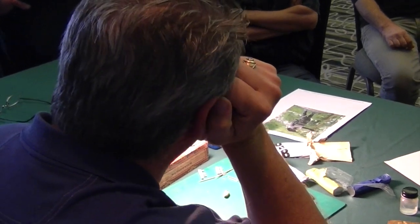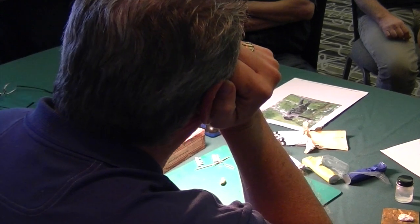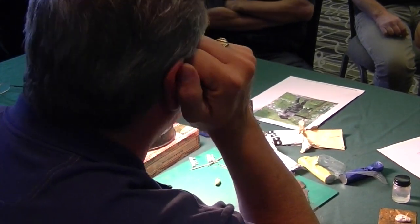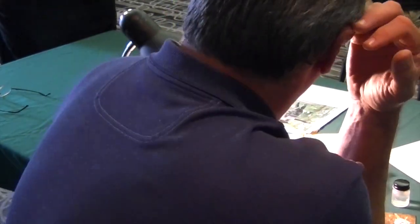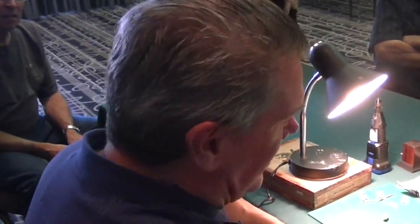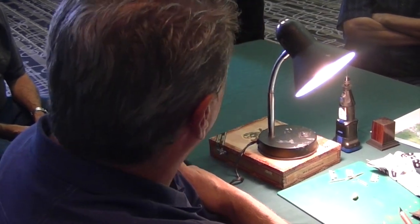And he said, yeah, because how else can I know how the wrinkles are? And he said, well, you've got to do that too with your models, don't you? And I said, no, I don't. I could try to get my wife and daughters to dress up in Civil War clothes, but I don't. I think they might do it once out of amusement, but after that, they'd probably tell me where to go. So, I said, well, how